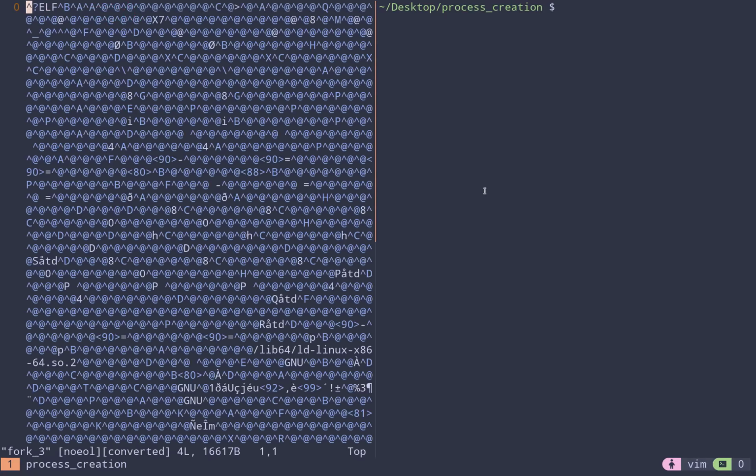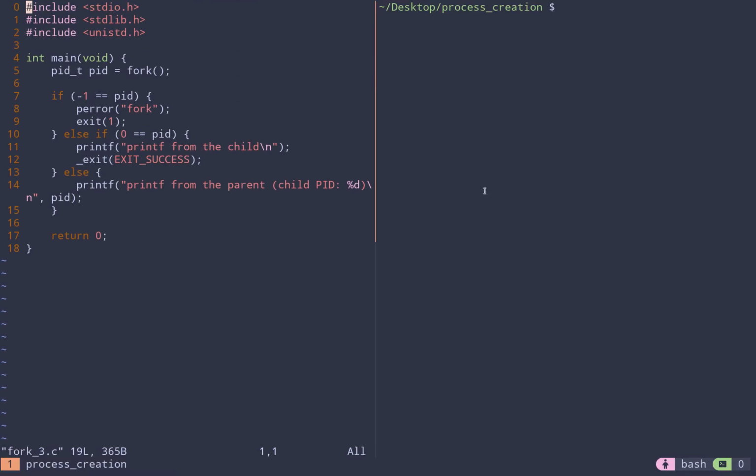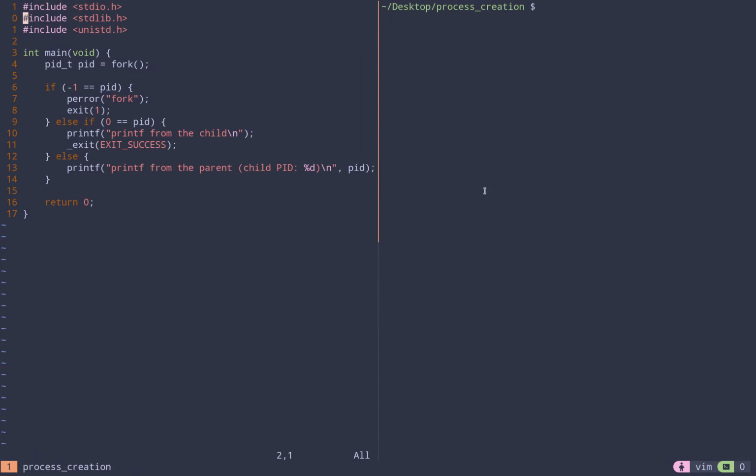Let's see the next example, fork3. Oops, fork3.c is what we want to look at. So here, we're going to be calling fork first, and then we're going to be doing different things depending on whether we are in the child or the parent. So first we're checking for -1 because fork returns -1 on error. So we're just checking for errors. This should look pretty familiar, the syntax of calling perror, passing the name of the function that failed. Then if we have 0, well, 0 means we're in the child process, so we'll print out the message